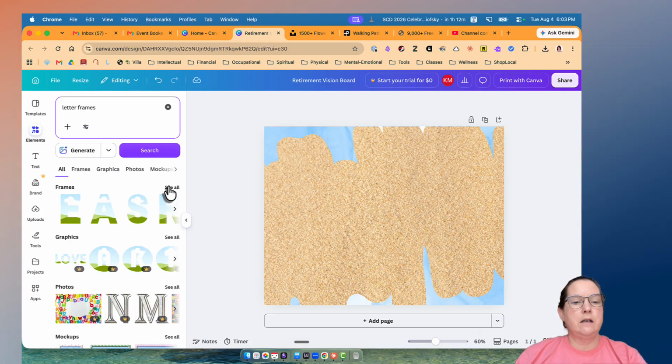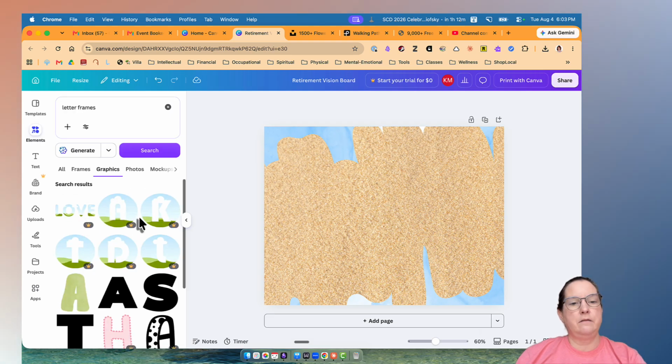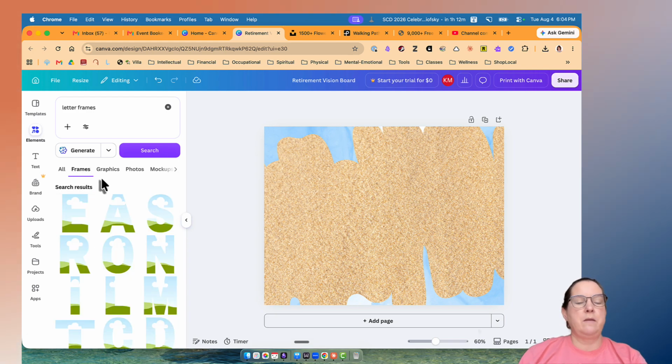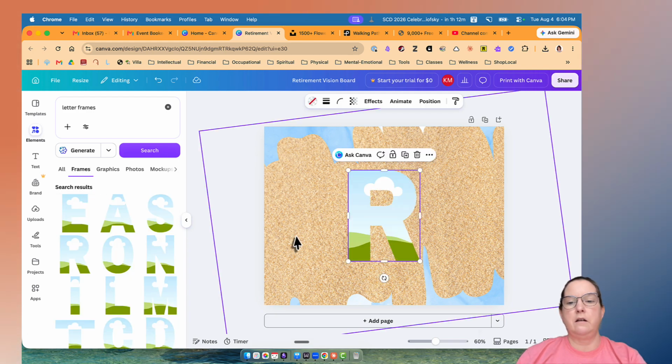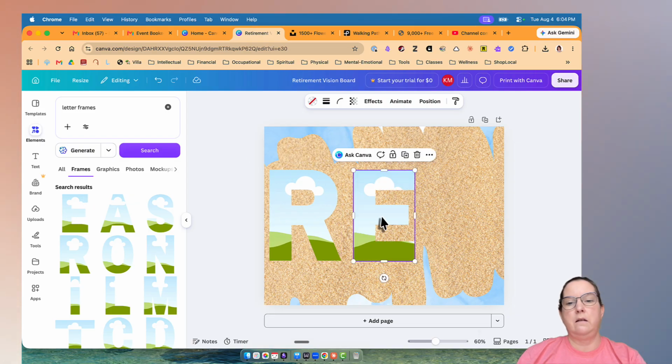And these are some of my favorites. They've also got these that are like circles with letters in them. So there are a few different options of that frame item, but we're going to do our, I'm going to move this over. E